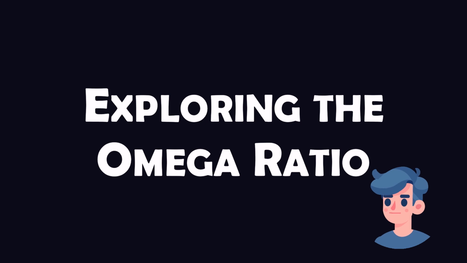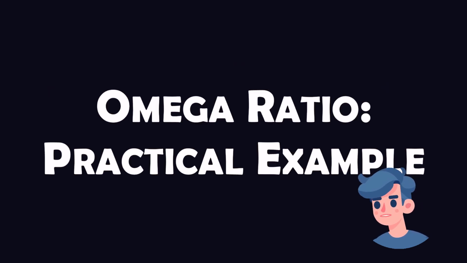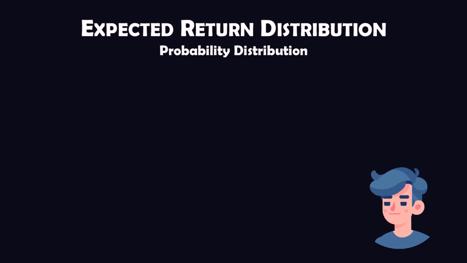Another important aspect of PMPT is the concept of omega ratio, which helps investors consider both the upside and downside potential of a portfolio. The omega ratio gives a complete view of the performance potential by comparing the probability-weighted gains to losses. To fully grasp the omega ratio, let's calculate it for a hypothetical portfolio with the following expected return